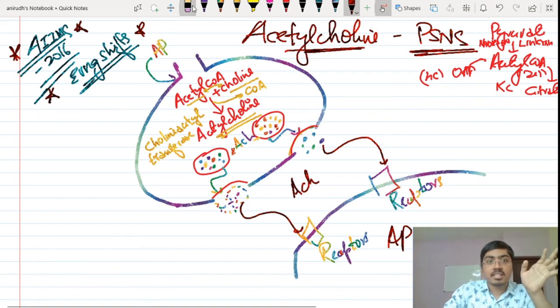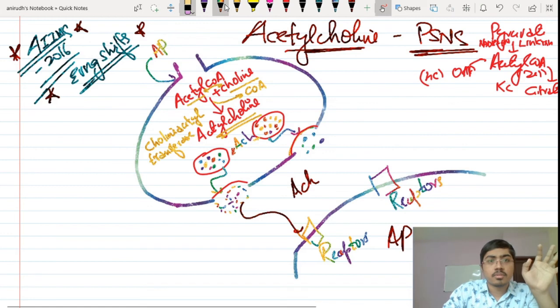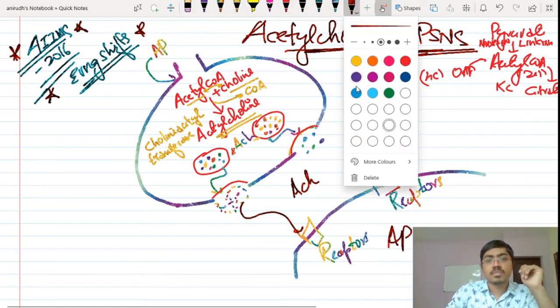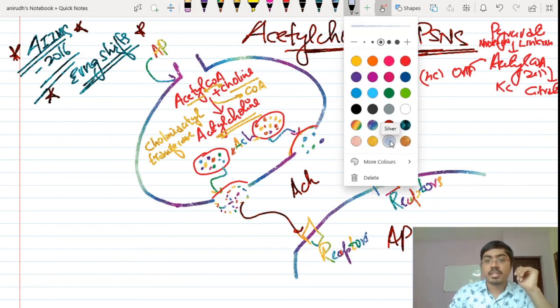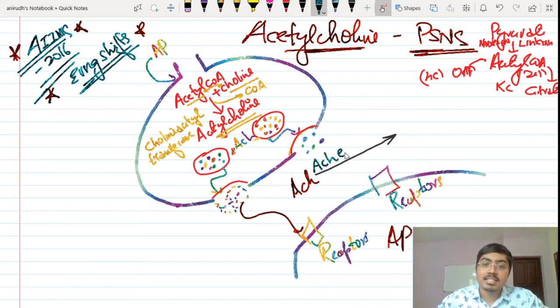And to stop the action of acetylcholine, there is an enzyme, and that was the question that was asked in this exam. Let us understand what is the enzyme over here. There is an enzyme that we are supposed to know, and this enzyme is blocking the effect of acetylcholine. This acetylcholine is degraded by the enzyme, and this enzyme is called, very important name, acetylcholine esterase.